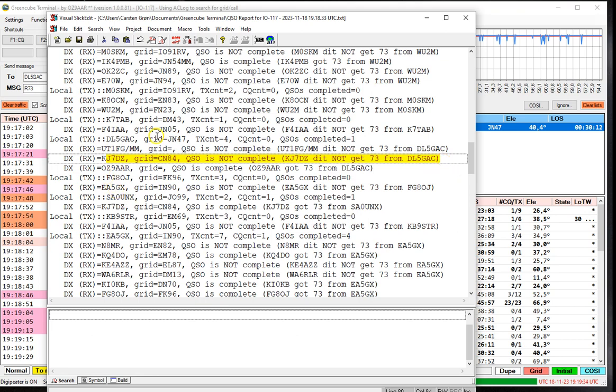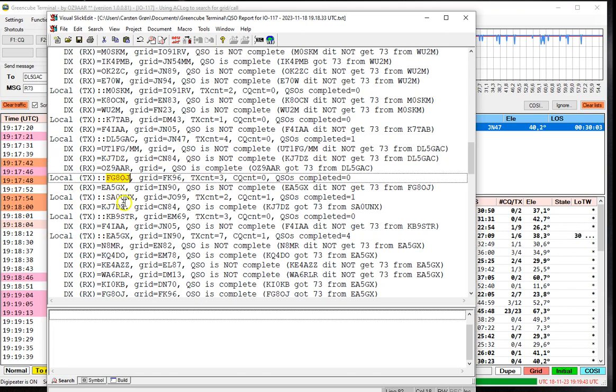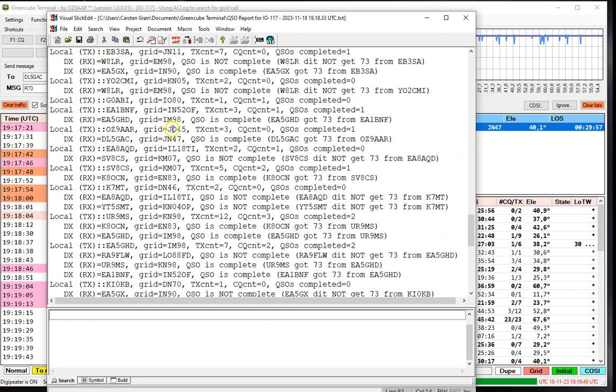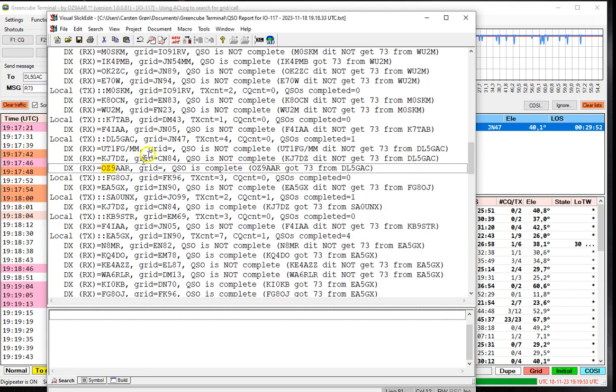So that one was not complete as I have received it here. The same with the Fox Golf 8 Oscar Juliet. He's also trying to work EA5GX, and that way you can see all the different ones